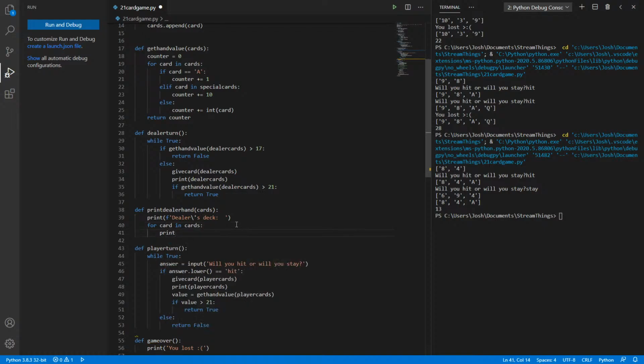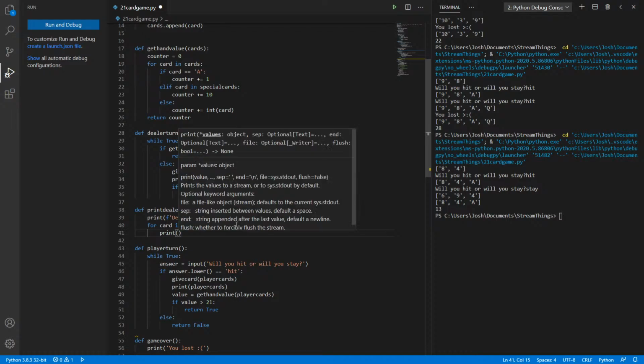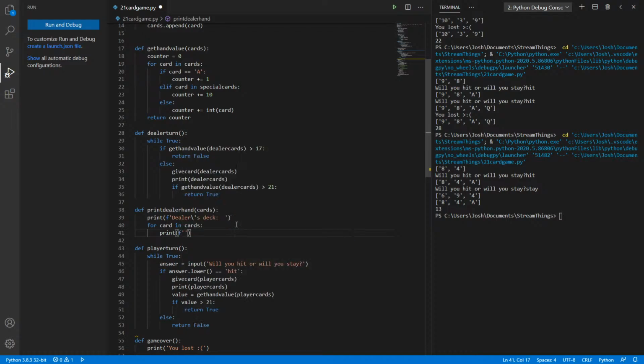So print card. Let's make it a little more presentable. Let's put it into an f-string, and we put card there. No, not cards, card. Okay. And then after that,